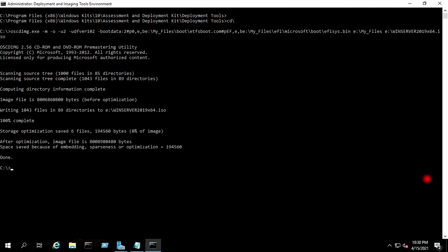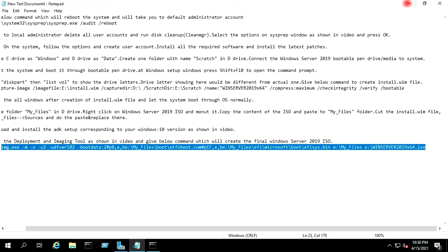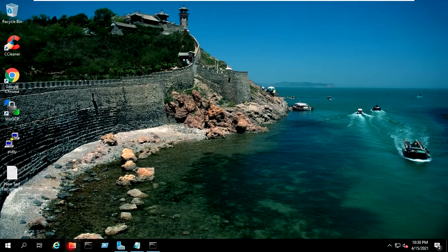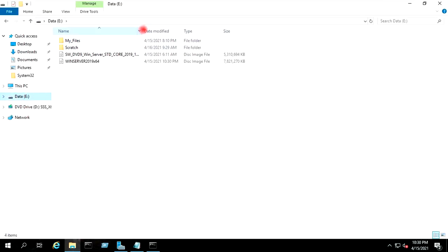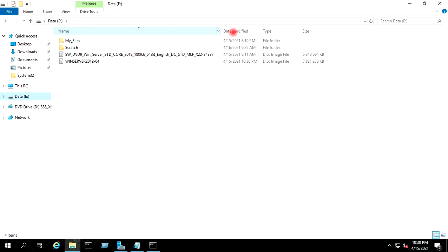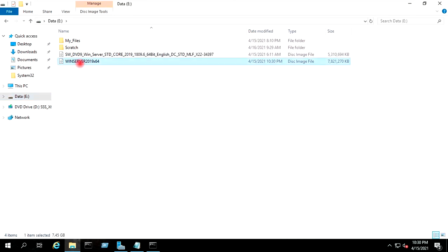It has completed here. I will minimize all this. I will go to E drive. This is the Windows Server 2019 final ISO, which we have just created in this step.